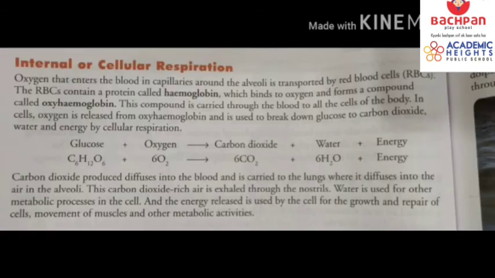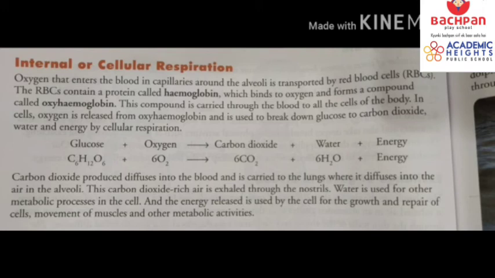So next part of the respiration is internal or cellular respiration. Oxygen that enters the blood in the capillaries around the alveoli is transported by the red blood cells. Now आगे क्या होता है कि जब ये ऑक्सीजन enter कर गई blood capillaries में, अब ये transport होती है by the red blood cells. जो भी ब्लड के अंदर red blood cells होते हैं जिनको RBCs कहते हैं, क्योंकि RBCs के अंदर एक प्रोटीन present होता है हीमोग्लोबिन. The RBCs contain a protein called hemoglobin and